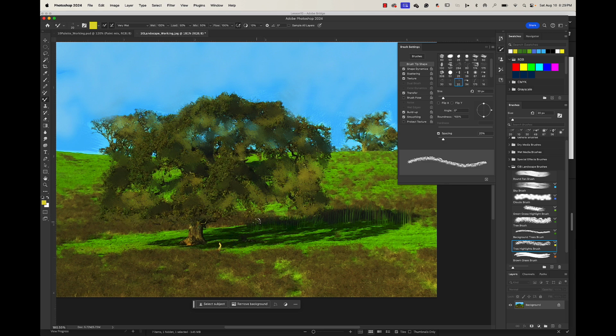Now let's add some detail to the grass. So we're going to grab the brown grass, which is right down here. We're going to use diagonal strokes to blend those colors into the grass. And then after this, bless you, we're going to